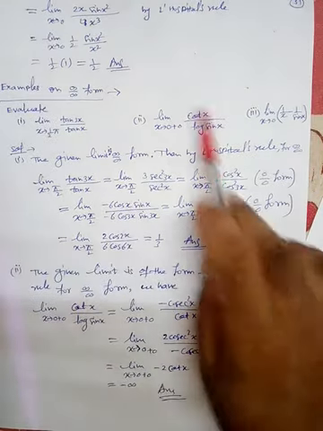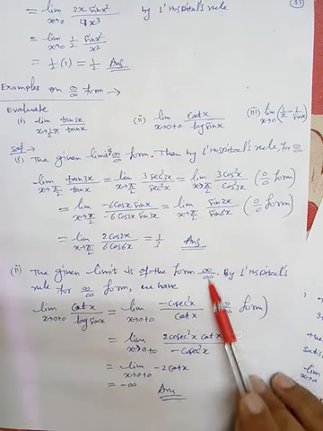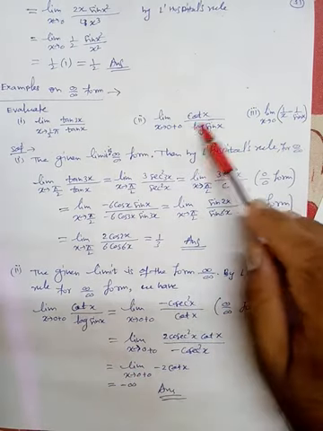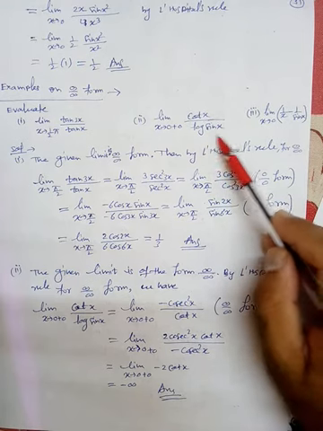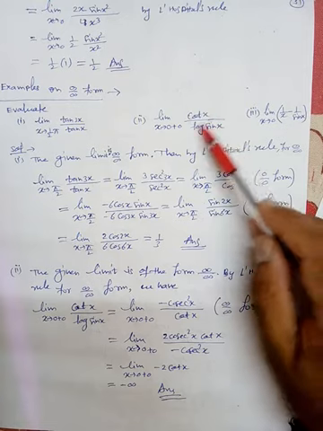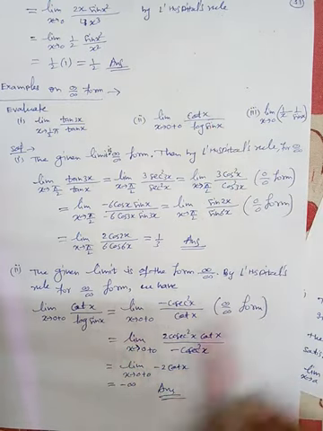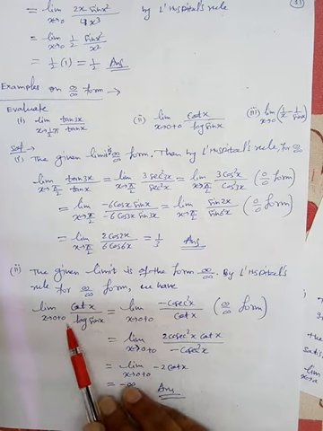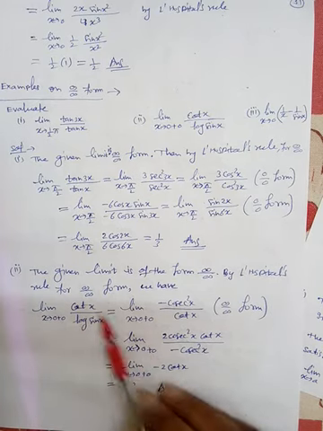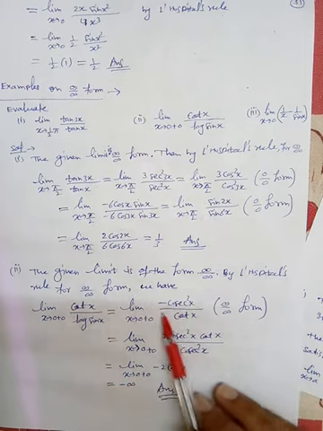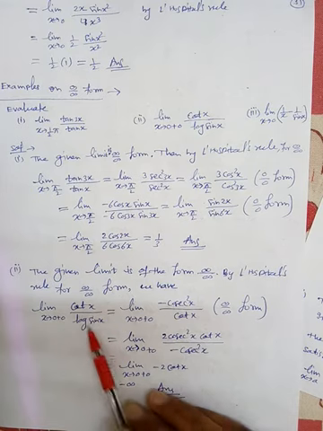Now the second part, this. So again the given limit is of the form infinite by infinite. Cot 0 value is infinite. Log sin 0, sin 0 means 0, and log 0 is infinite. So infinite by infinite form. Okay, so again apply the L'Hospital rule. So limit x tending to 0 plus 0, cot x divided by log sin x is limit x tending to 0 plus 0. Differentiate this, so minus cosec square x, divided by log sin x differentiated, so 1 upon sin x into the derivative of sin x, cos x.